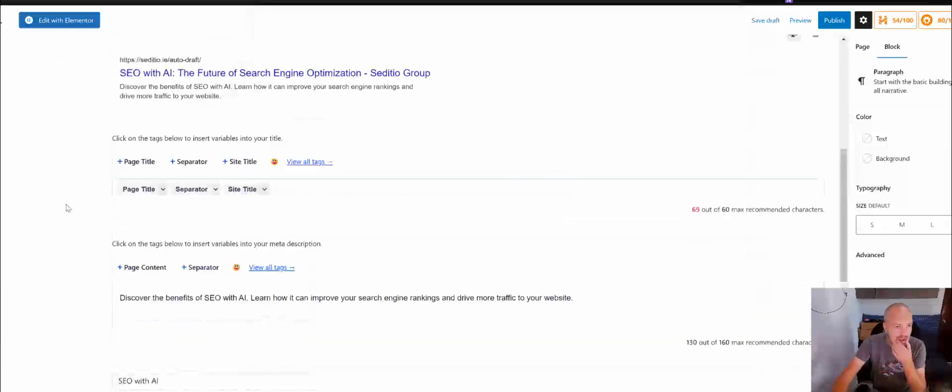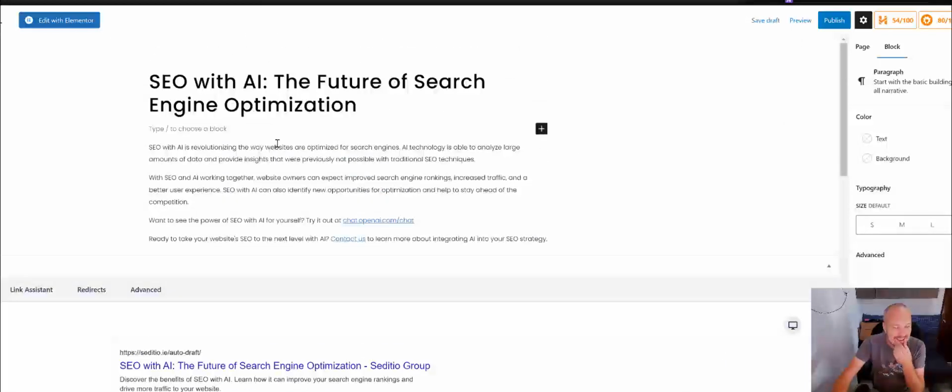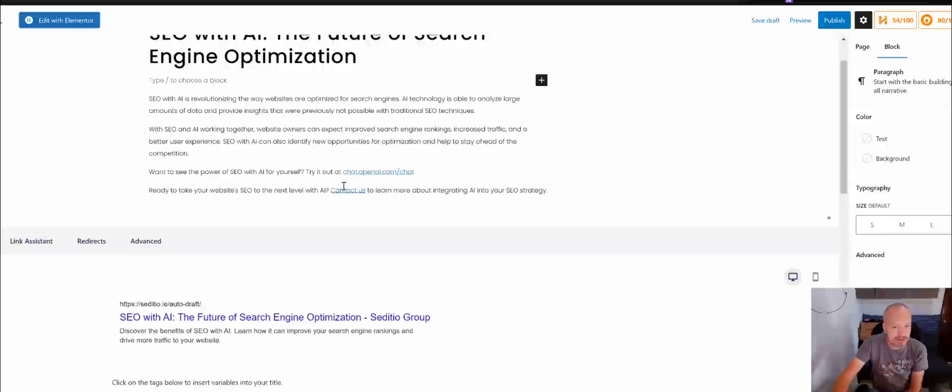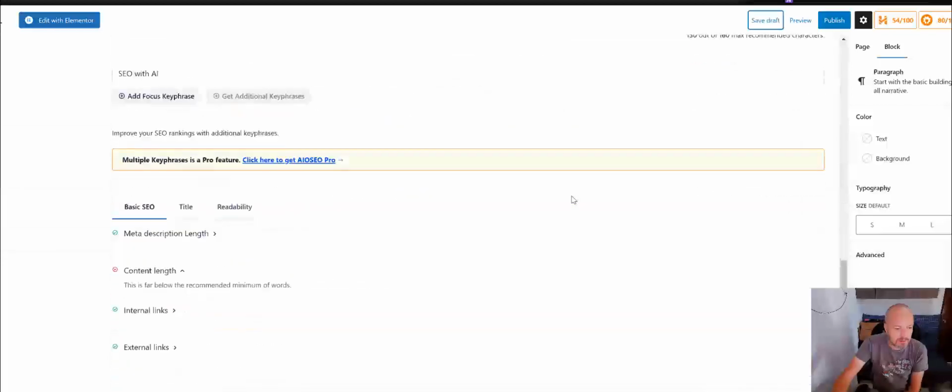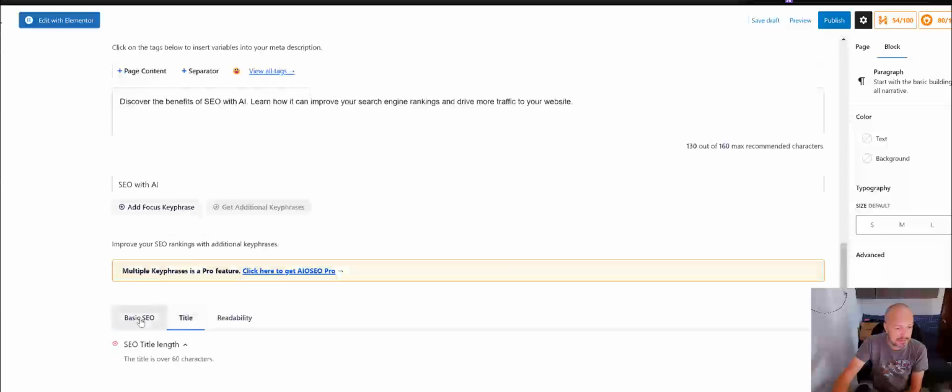Okay, then yeah, it's a little bit light on text, so I'm guessing it's gonna complain. So what we'll do is we'll save a draft, and then let's have a look. Okay, so yeah, main description is good, internal links, external links is good, content length is far below. Okay, that's basic SEO. SEO title is over 60 characters, and readability